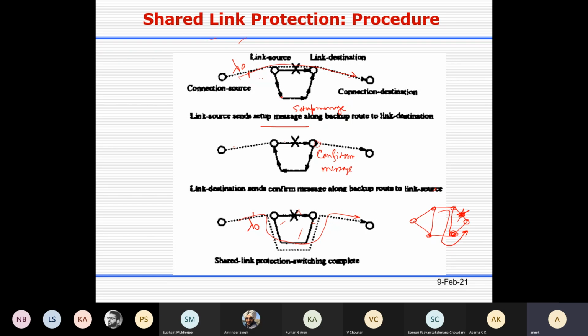Otherwise, if the path is not ready, you cannot send a single message. So paths have to be ready. Here a link source node sends a setup message along the backup route to the link destination. But since it's shared link protection, you have to consider the optical cross connect reconfiguration time. So here you can write that the optical cross connects are reconfigured.